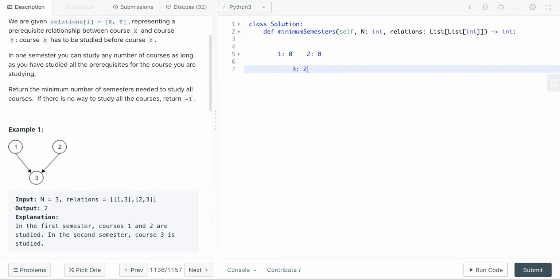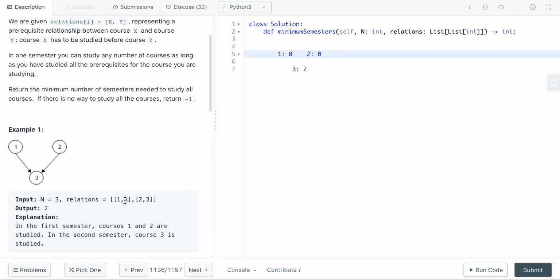Okay, so in degrees, what it represents is the number of arrows or nodes that point to you. And if a number of nodes or arrows point to you, it means that those are the number of prerequisites that need to be completed before your course can be completed. So let's take an example. We say 1 has in degree 0, and this is the case because the edges are from 1 to 3 and 2 to 3, meaning that for 1 and 2, both with in degree 0, there's no prerequisites to take those classes since